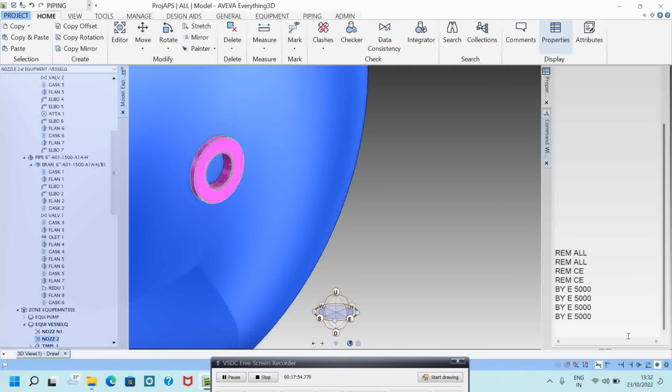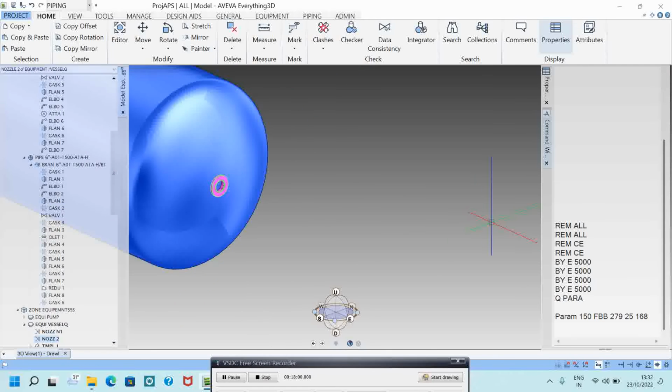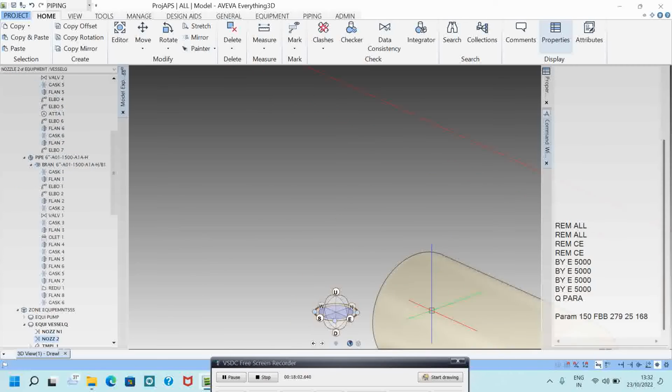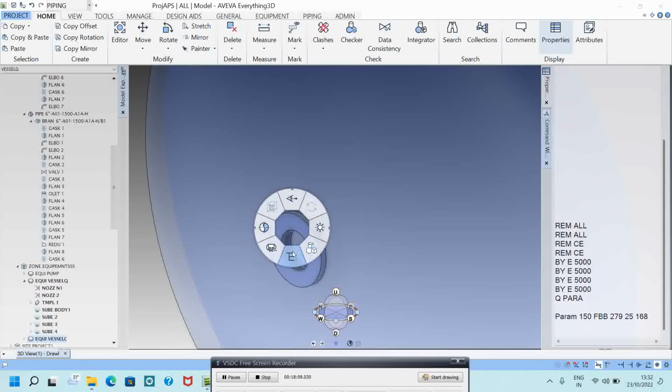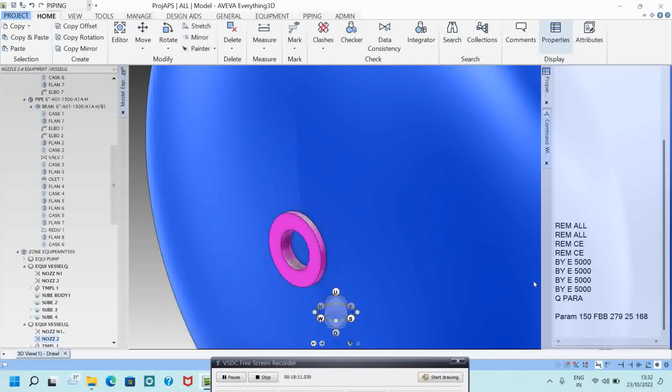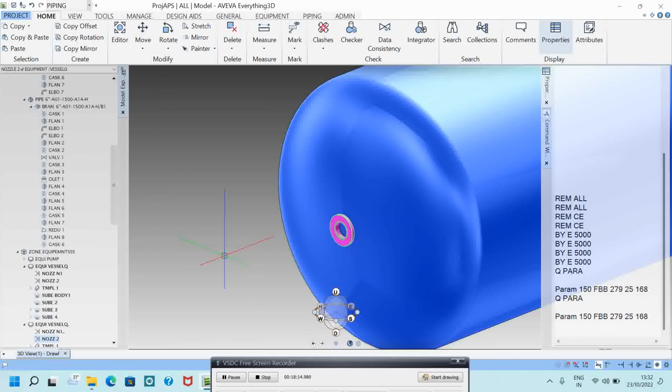Okay, so what you do, what is the command is q para. 150 mm. This is 150 mm, and also we can check this also. So again click here, go to the symbol nozzle, q para. So, okay, now the both